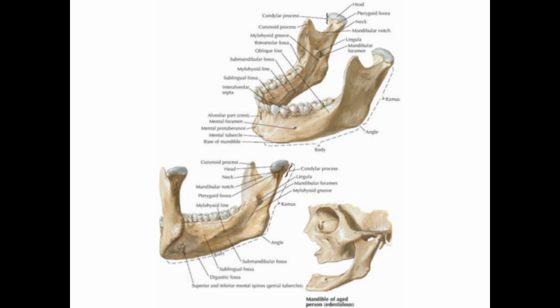So basically, the mandible has the body. The anterior portion of the mandible has two surfaces, outer and inner, and two borders, upper and lower. Okay, so number one, you can see here